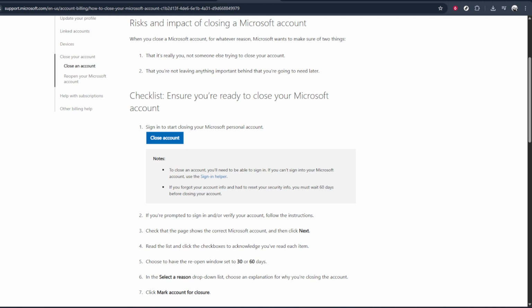To quickly recap, you open Teams, click your profile icon, choose My Microsoft Account, then on the Microsoft account page, go to